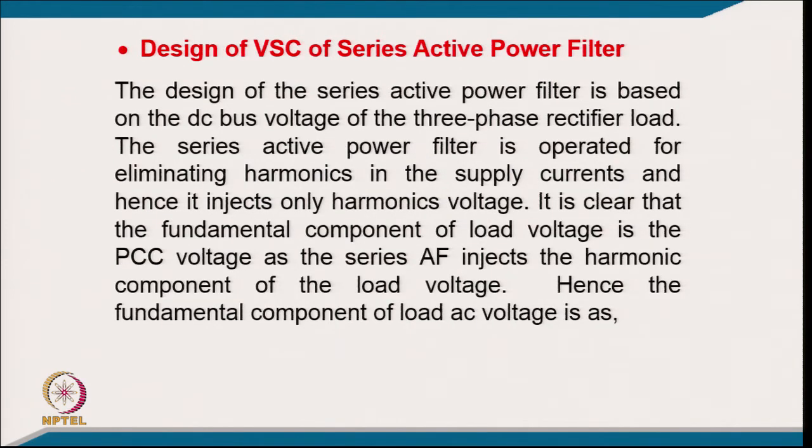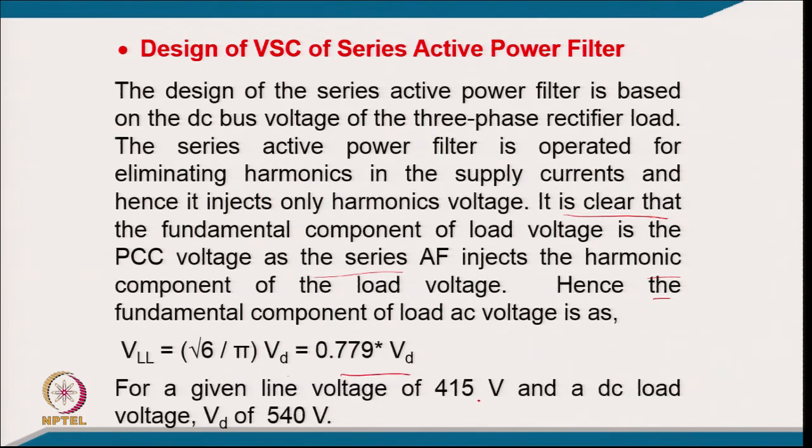So, now coming to the design of the voltage source converter for the series active power filter. The design of this series active power filter is based on the DC bus voltage of the 3-phase rectifier load, and the series active power filter is operated for eliminating the harmonics in the supply current, and hence injects only harmonic voltage. So, it is clear that the fundamental component of load voltage is the PCC voltage, as the series active power filter injects the harmonic component of the load voltage. Hence, the fundamental component of load AC voltage is typically VLL times root 6 upon pi times Vd, and that is 0.779 Vd, and for a given line voltage of 415 and a DC link voltage of 540 volt,